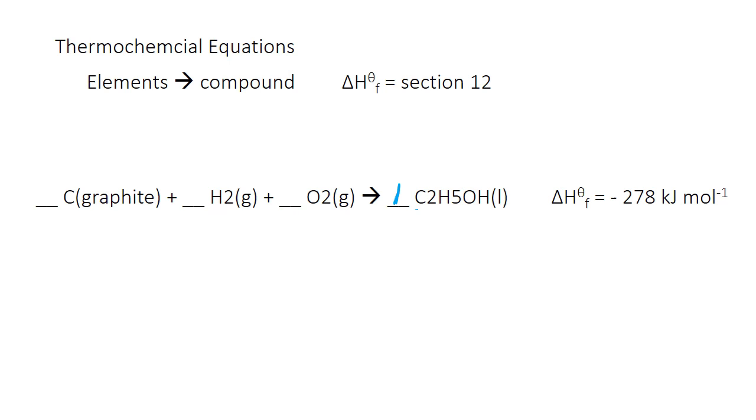So we have 2 carbon, which means we need to put 2 carbon here. We have 6 hydrogen, so we're going to put a 3 here, 3 times H2. And then we have 1 oxygen, but we have O2. Well, because it's a thermochemical equation, we can use half of an O2. And again, that is where that balancing comes in. When you look at the delta H of formation for ethanol, you can see that it's negative 278 kilojoules